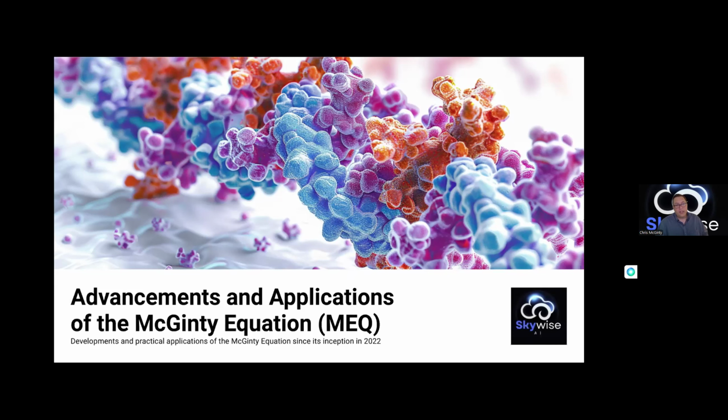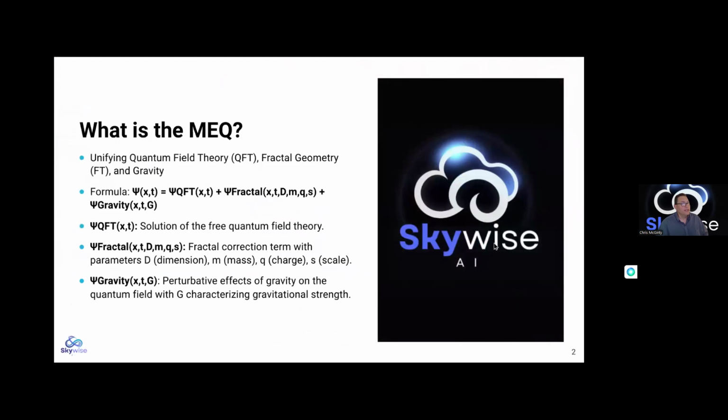So I've been moving on full steam ahead, and in this particular presentation, I'm going to talk a little bit about what has happened with the research that Skywise AI has been doing, which is my AI stack and a team of experts that I have. Since the time of the 7th conference, when we first presented this, was maybe about a year ago, to now. So we'll get started with explaining what it is. Not everybody here may know what that was or was here at the 7th, so I'll start from the beginning.